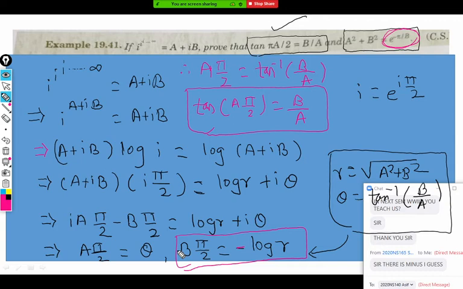Sir, shouldn't it be minus pi b by 2? Yes, minus. So that only I have given to RHS. Okay, it's better you write on the left hand side only. Okay, let me do that. This also creates the problem, because we require it on that side only. So unwantedly I had written on the other side, not required actually. So this is minus pi b. Minus b pi is a log r there.